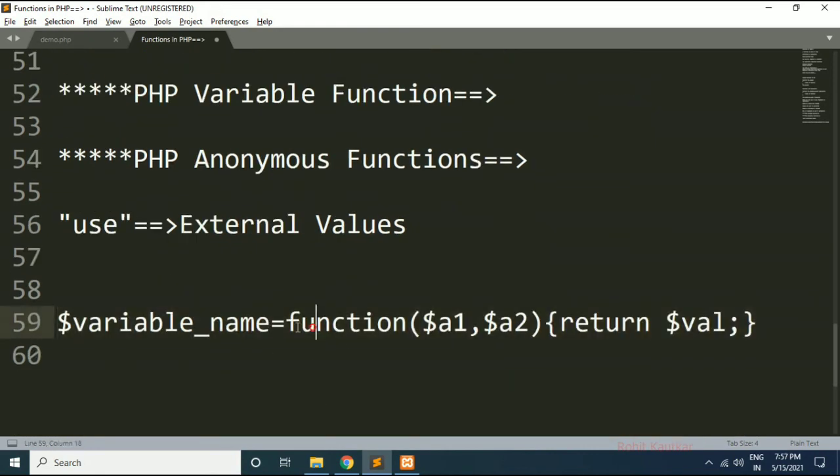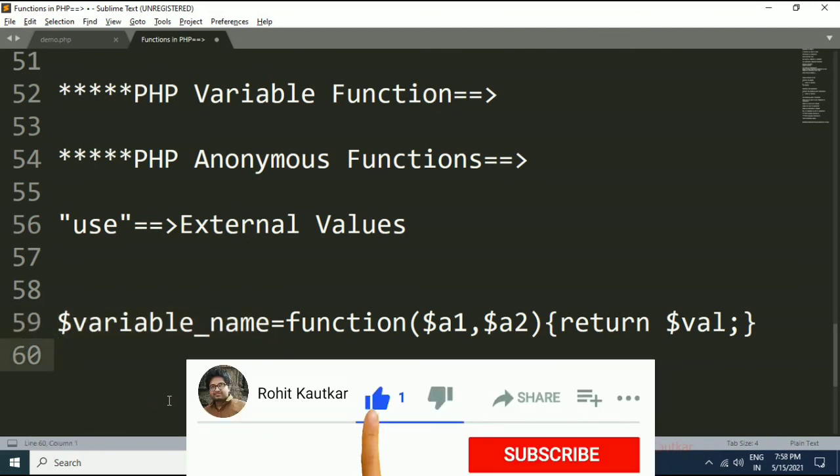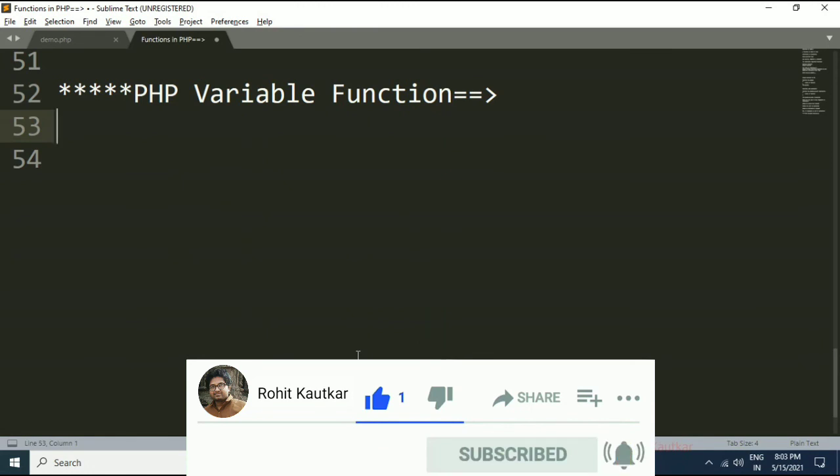You can see here, friends, after this function keyword we do not have any function name. Like we learned previously, after the function keyword we should have a function name, but here there is no function name. That's why these functions are called anonymous functions. Directly we are specifying the parameters for this function, and this function is identified by this variable name. Whenever we pass this function to another function, they can call it later whenever they need it. That's why it is also called a callback function. This is how we can use functions in PHP.